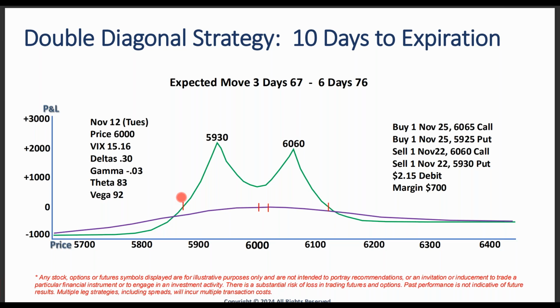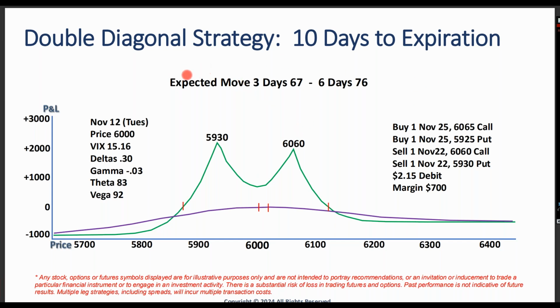All right. So the question is this. Dan is saying he makes money between the red ball, 58.80 and 61.20. He's going to stay in the 3 days, 3-4 days. 10 days to expiration of your short options, November 22. Is that realistic? If you look above, Andrew, can you red ball it where it says expected move 3 days?